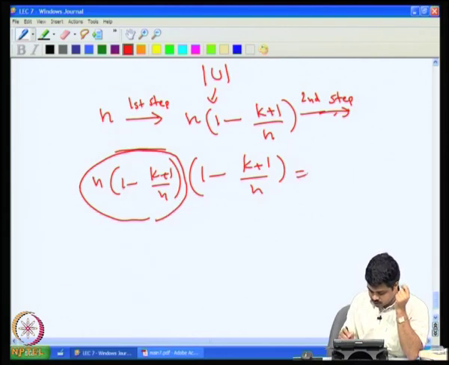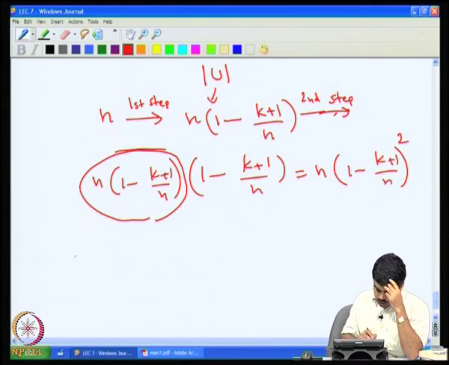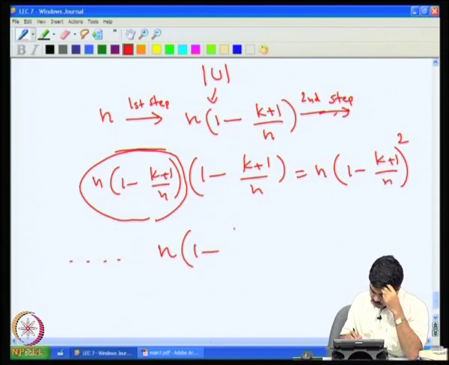So this will become n into (1 minus (k plus 1) by n) to the power 2. So after p stages, we will see n into (1 minus (k plus 1) by n) to the power p